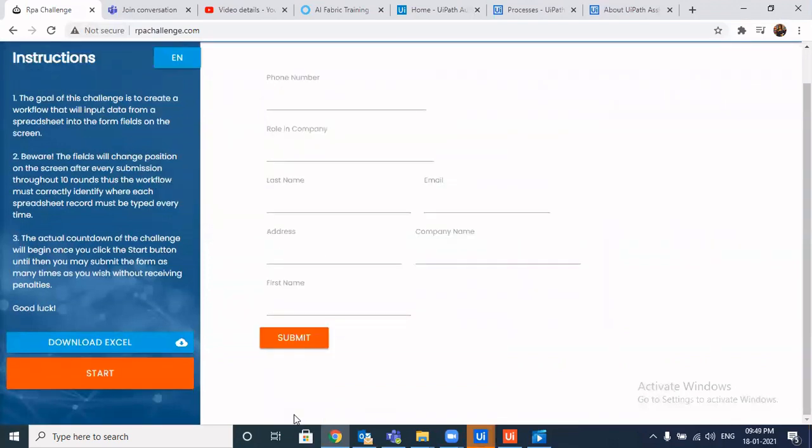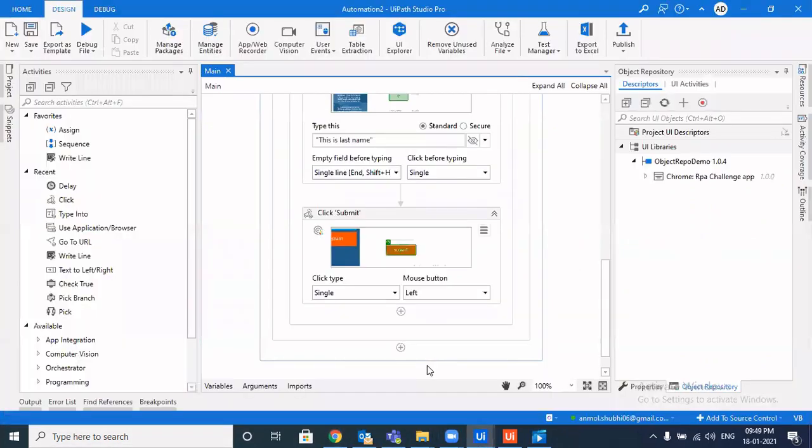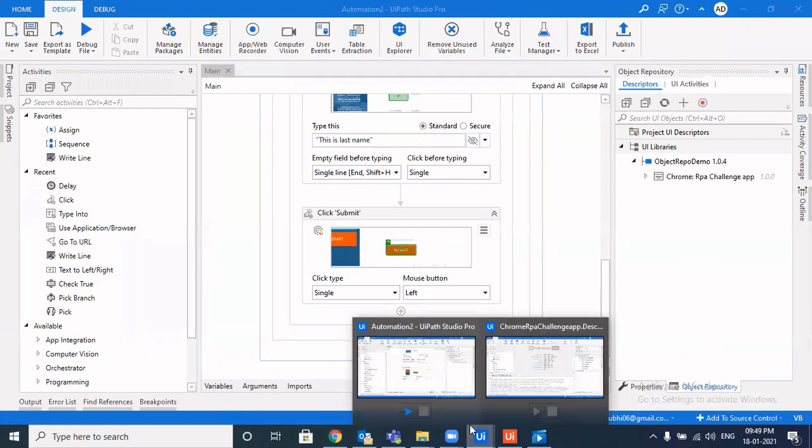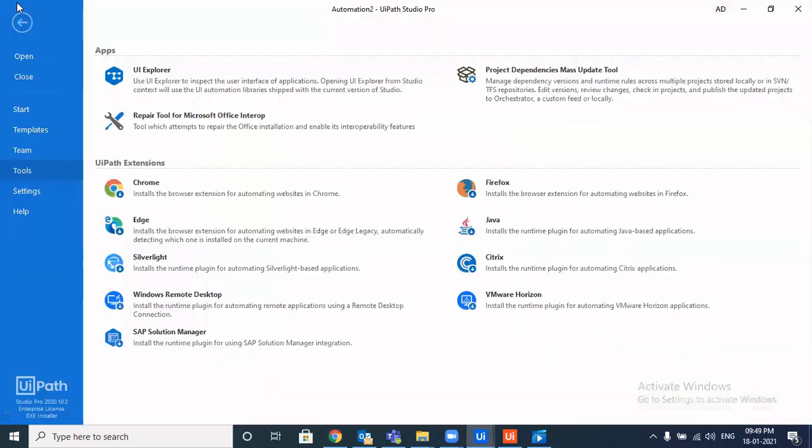So that confusion was because I made a change in between making the two videos. That's how, by just playing with the packages, you can play with the entire code or entire solution. And that's the motive of object repository. Also, if you have 10 projects using the same object repository, you can update all 10 processes together using this wonderful tool available here, which is the Project Dependencies Mass Update tool.